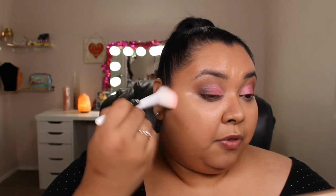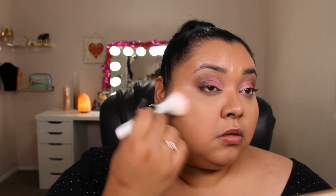So I'm just going to take my Wet n Wild fluffy brush and we're just going to go in here. Oh my god, that is really white. Okay. Oh my god, you guys. That is pretty light. I don't know if you guys could tell that it's much lighter than the other foundation